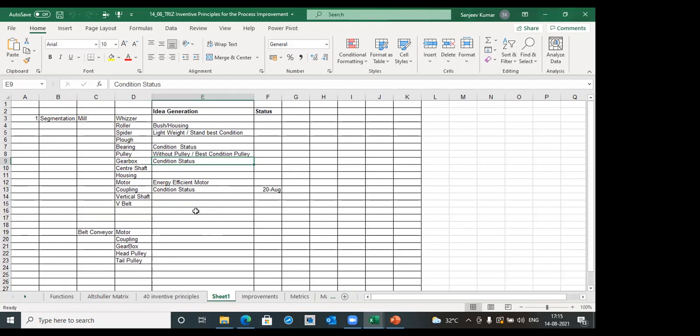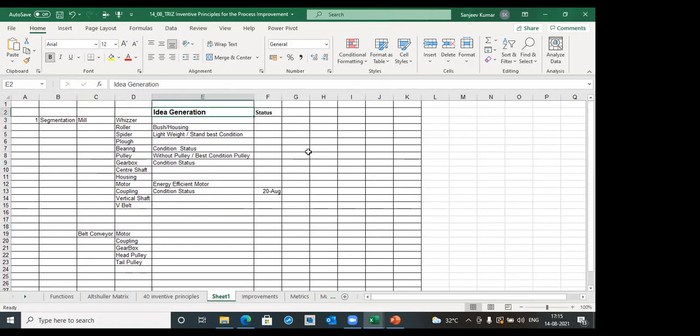Basically, when I say part here, it is going to be a process which starts with the visor, then you have the roller, the bearing, the gearbox, and multiple components for the milling stage. So you can go with idea generation considering the individual part or product. This is a very good approach. For example, for a roller, whether you need to go for a bush roller or a roller with housing, and what material you are using.